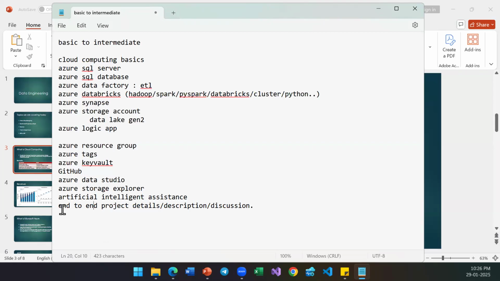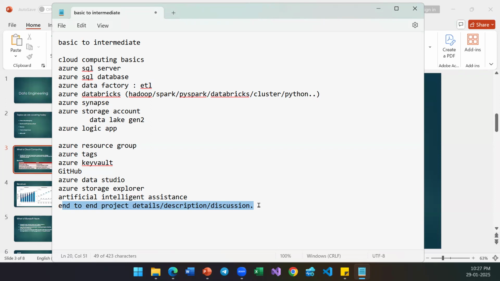So guys, during this end-to-end project, it is not only the project that I'm going to give you, right? It's a good point that Asif has raised. I will also detail how I work in my organization. I'll share how I get the requirement, how I break it down, how I solve it, how I debug it, how I respond to my clients and my end users, and how I solve their problems.